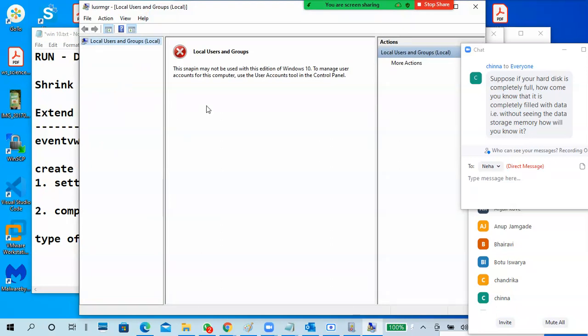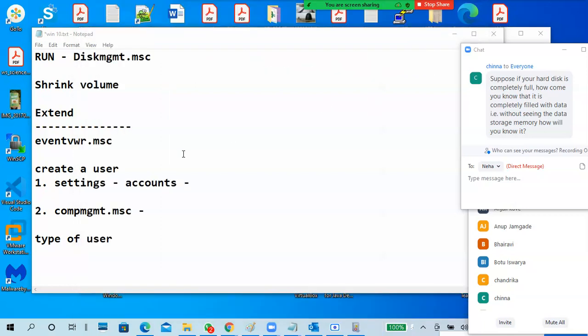You said it correctly, but it is not there. See, it says the snap-in may not be used with this edition of Windows 10. Meaning this is Windows 10 Home, so this option is not there. Local users and groups is not showing.